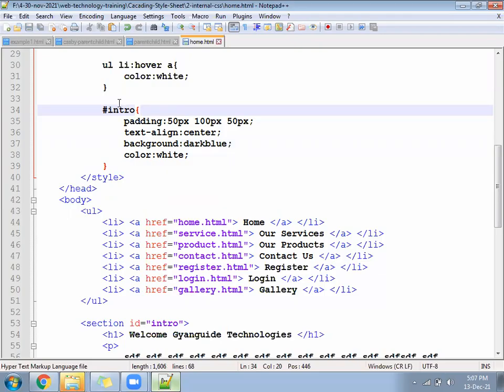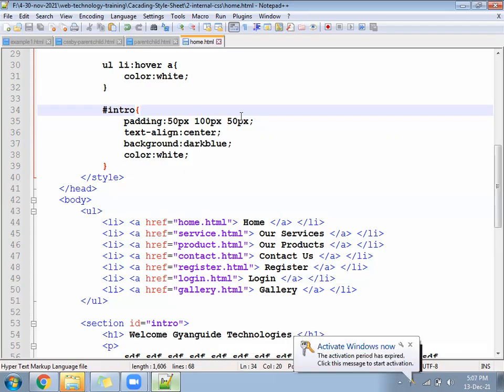Some space is coming from top. How to remove that space? Please advise. Check now. Try your own. How can you remove the space? No, padding will give the space inside. Padding will not give a space outside. That is coming because of some other problem. Margin. Margin where? In body, right? Write it.